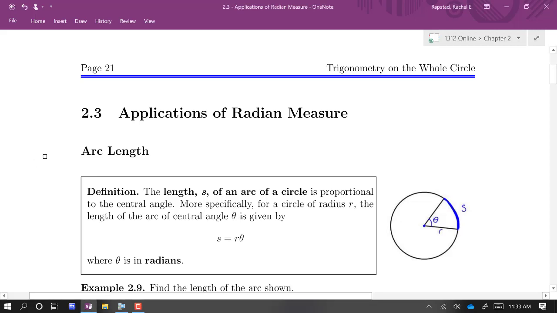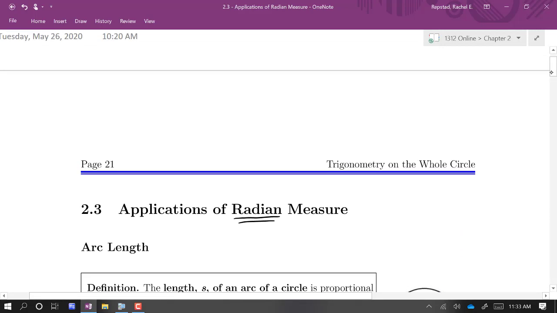In this section, we're going to look at applications of radian measure. In particular, I just want to emphasize that all of the formulas that we see in this section are only valid if we measure our angle in radians. And so before we start these problems, I'm just going to remind us what radians mean,